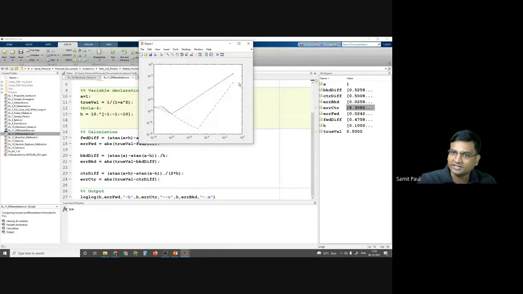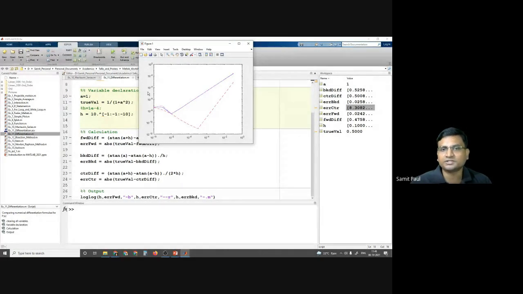Initially, the truncation error, which is of the order of h, is getting decreased, and after the optimum point, the round off error is playing its role. So the total error is increasing. There is a competition between them, and this is what I wanted you to see.